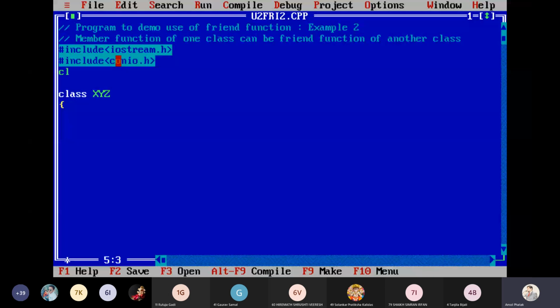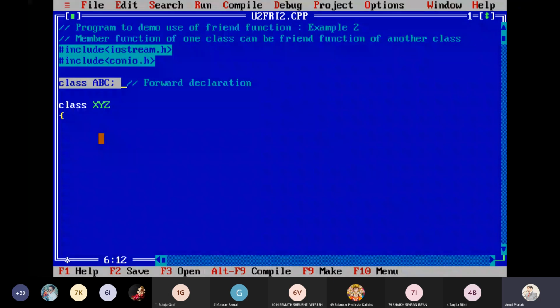I write here, I'm having the class. Just I inform the compiler that I'm having one more class called ABC, and it will be declared afterward. But it is just a prototype. Generally this is called forward declaration. By forward declaration I mean I just give this hint to the compiler that I have the ABC class, which will be declared afterward. It is just an indication, or I'm doing it as the prototype. I say that I'm having a class ABC whose detail will be given afterward.